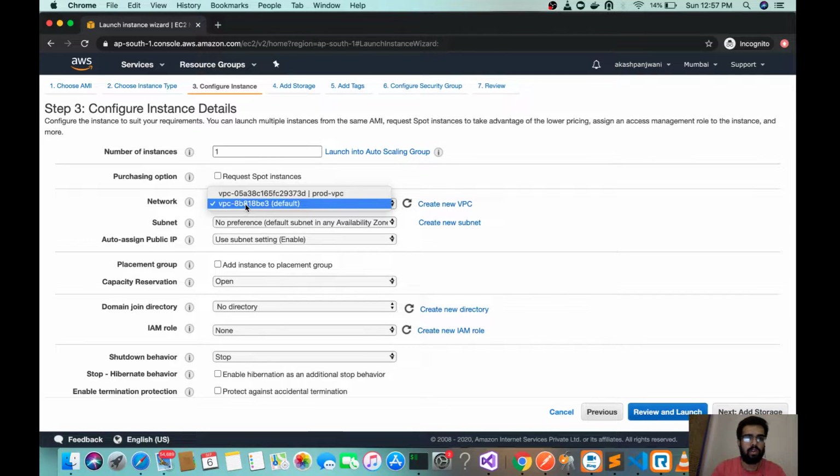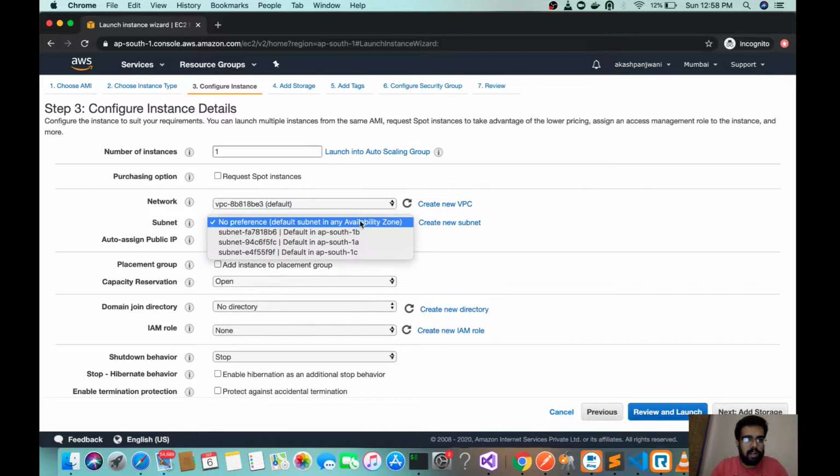In VPC, on which VPC I want to launch my instance, this is basically the default one. And subnets: subnets are basically the partitions under the VPC. They can be of two types, public subnet and private subnet. At present I am taking no preference, just the default subnet, because I don't want to do partitions and all.